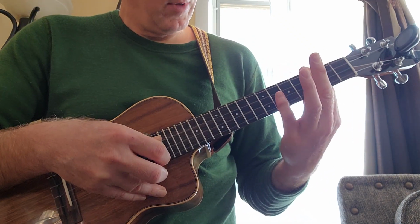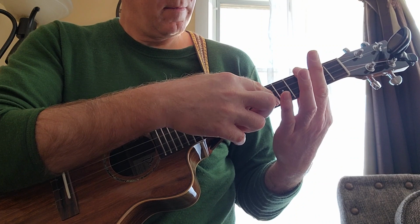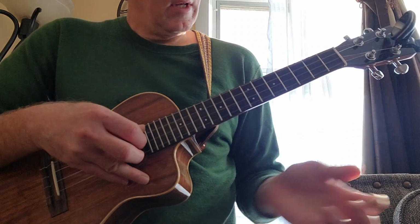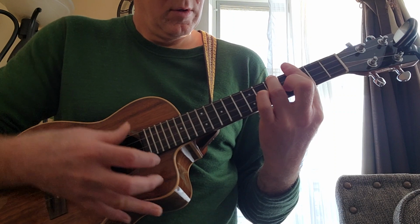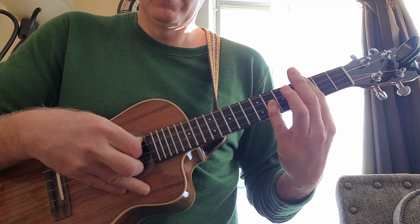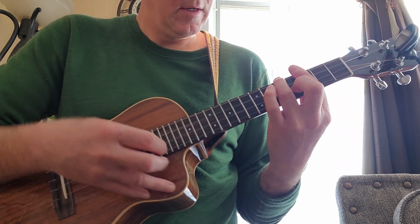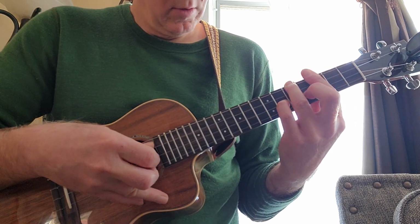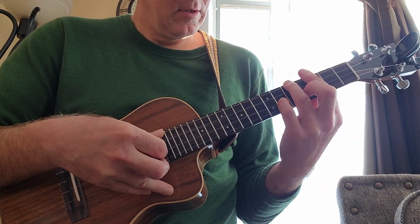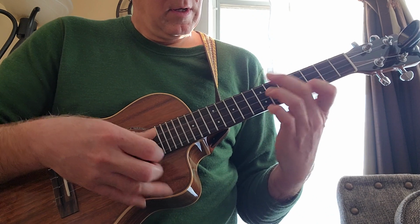So for that one, while you bar that, your pinky is going to cover the, let's see, what is that? The 6th fret of your A and E string. So that's a little bit tricky. And you're going back to that A sharp, A flat. So the pinky comes down and hits that 6th of the second, and then the A with the same chord shape,